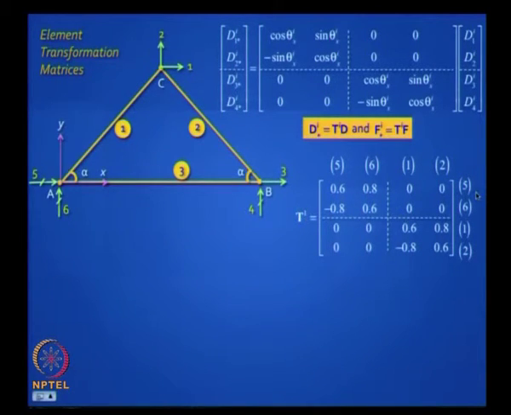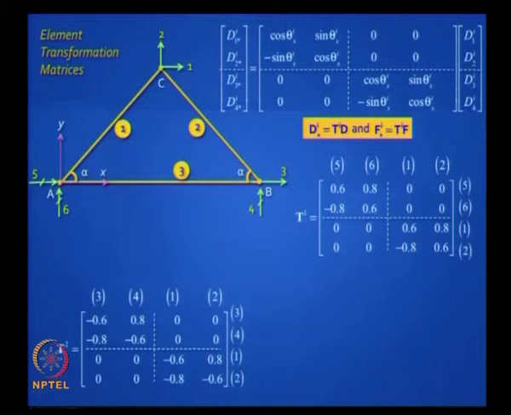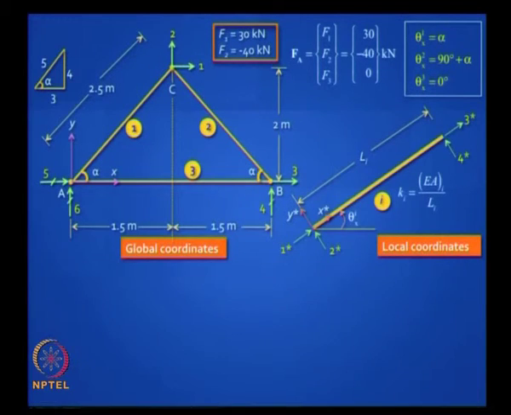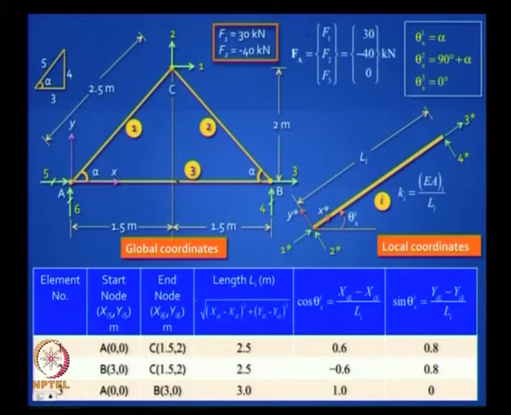Is this clear? We have discussed this earlier. Take the next one. Next one turns out to be like that. The linking coordinates are now for the second element. Well, it depends on which you chose as your start node. So let us go back. For element 2 I could have chosen incidence from C to B, but in this case I chose from B to C.